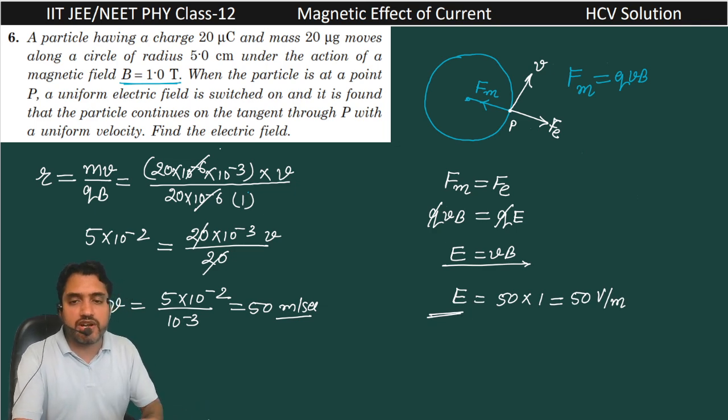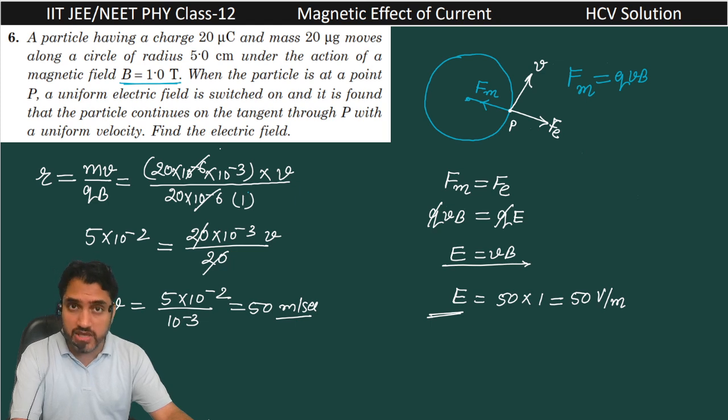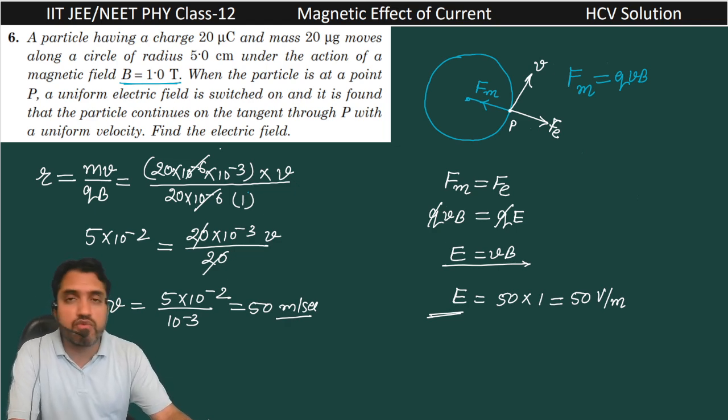So that is called Lorentz force, whenever electric and magnetic force act simultaneously on a charged particle. The magnetic force is equal to QVB and the electric force is equal to Q into E. And in the special condition when this charged particle moves without any deflection, the magnetic force and the electric force balance each other, and this charged particle will move with uniform motion, without any acceleration, without any deviation.